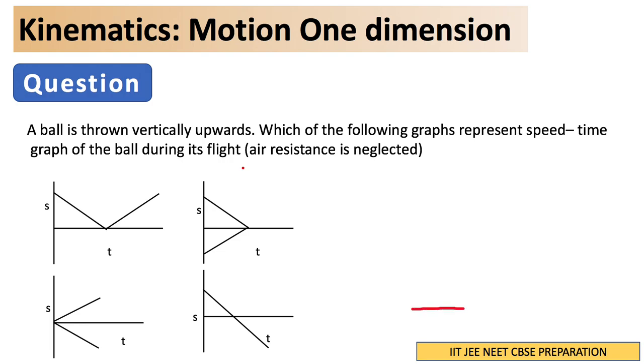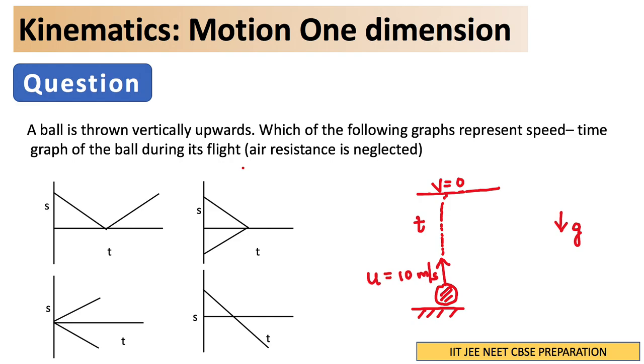If I draw the figure, how will it be? Suppose this is the ground, and we take a ball and project it upwards with velocity, say u equal to 10 meters per second, whatever velocity. So take some velocity and you project it upwards. What will happen? The ball is going to move up, and then after some t seconds the velocity is going to become 0, because g is acting downwards, negative acceleration.